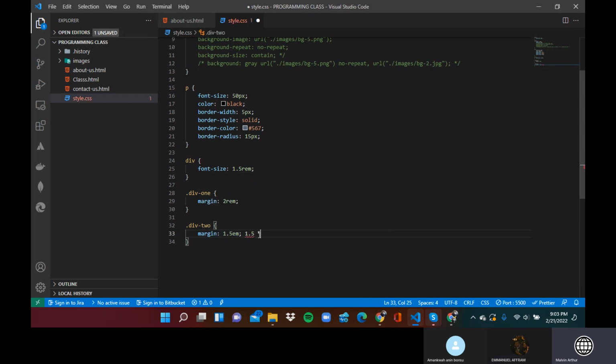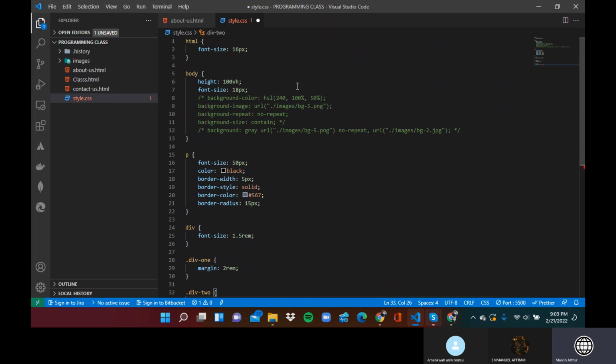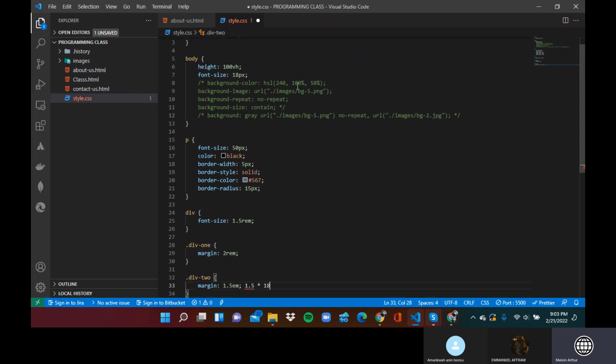1.5 times the given font size, which is 18 pixels. So the computed value will probably be 30, I think 18 plus 18, that's 9. So 18, 9, that's 27. So that's it with EMs and